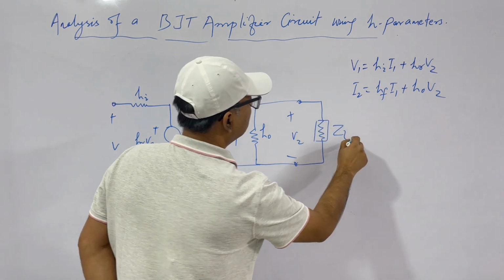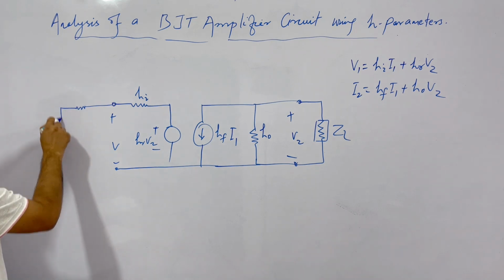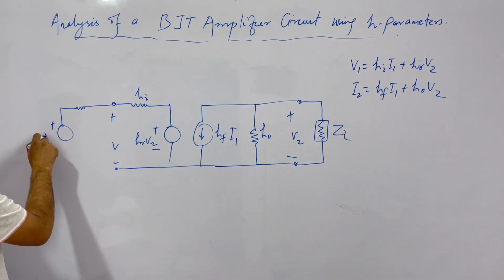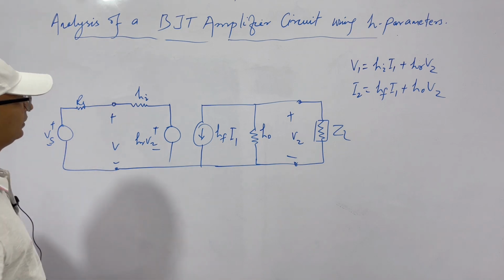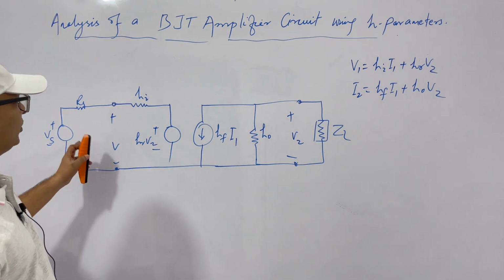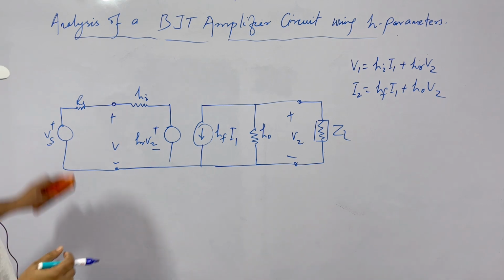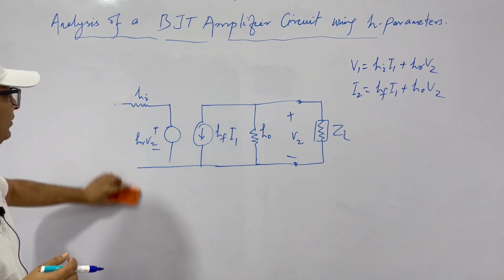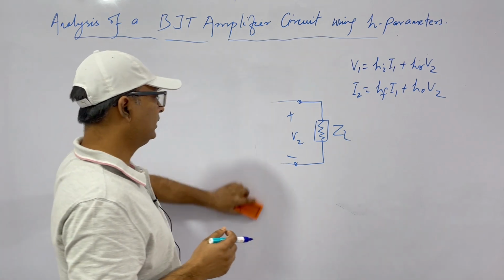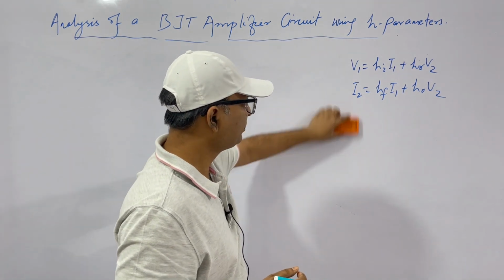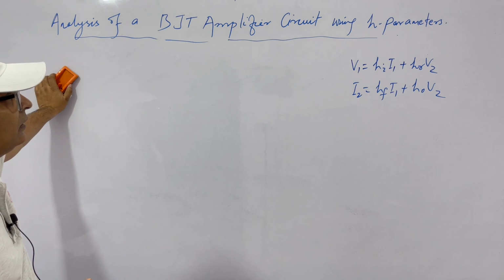Let this be impedance ZL, and source is like this. Clear? From here we get those equations. Now I am deriving the formula for current gain, voltage gain, input impedance, output impedance or admittance. Let's see